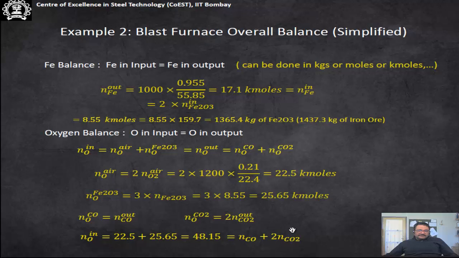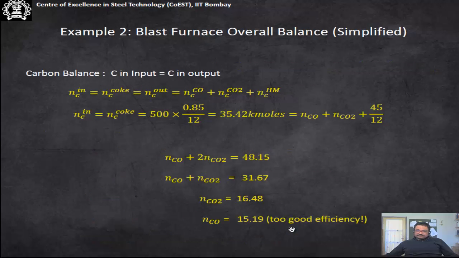So again, one can do the carbon in the input and carbon in the output. Carbon in the input in the present case is only coming from coke, and as far as output is concerned, it goes through as CO, CO2 as well as carbon, which gets dissolved in the hot metal. These are the outputs. So we know 500 kg of coke, 85% is carbon. Dividing by 12, it gives you the kilomoles of carbon. So that is a carbon input, which comes to 35.42 kilomoles, which should be equal to carbon in CO, carbon